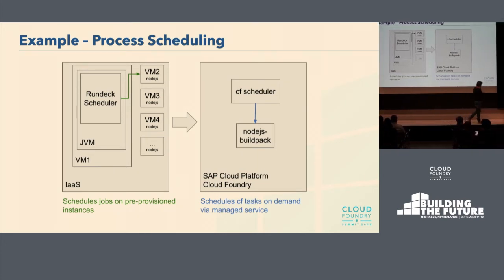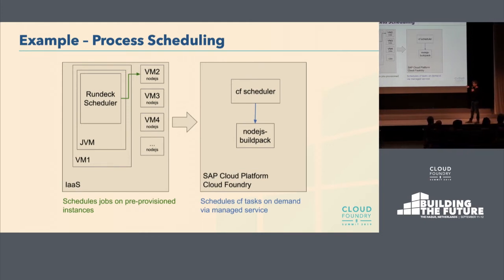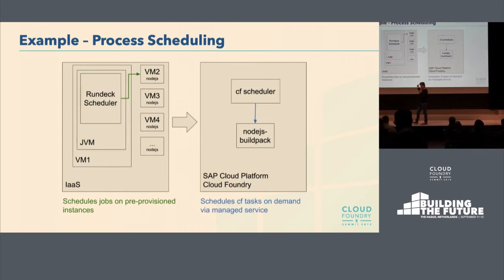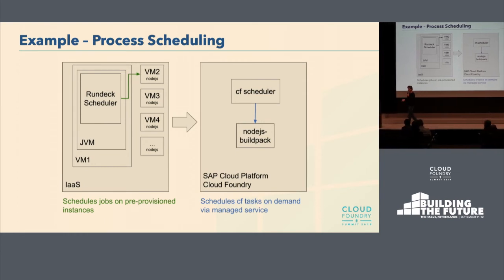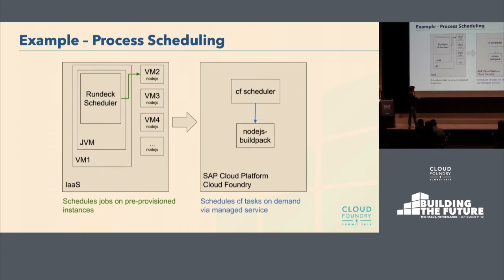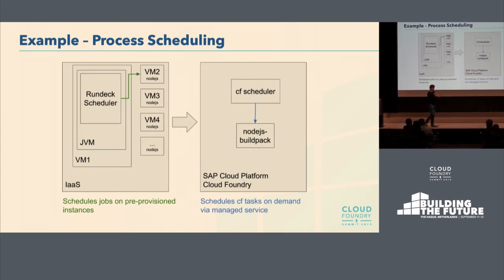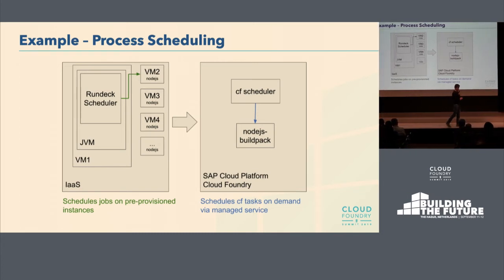On Cloud Foundry, we're just using the CF native scheduler, which uses CF tasks, which spawn new instances on demand when the jobs are running. This is a Node.js application, so it runs on the vanilla Node.js buildpack very easily. We save all the hassle around infrastructure provisioning and automation, and of course, we are saving costs because we do not have to pre-provision the VMs. The instances are started, the jobs are executed, and then the instances are shut down, and we do not have to pay for them.